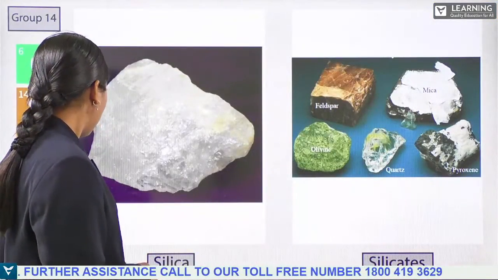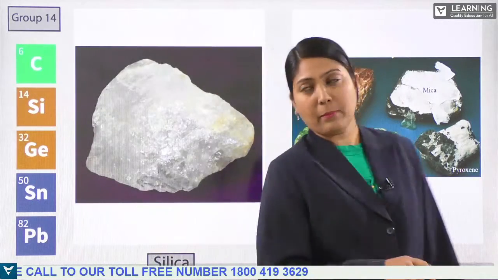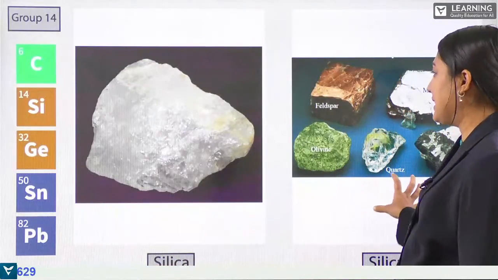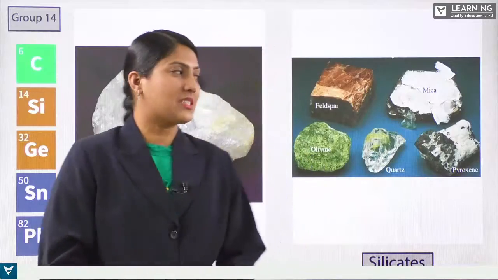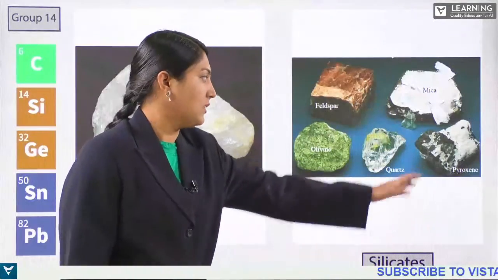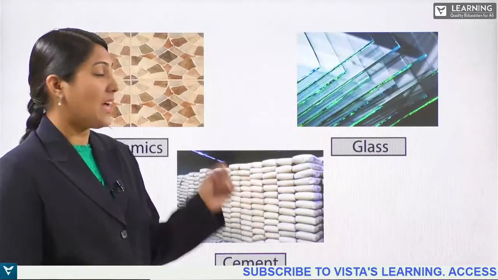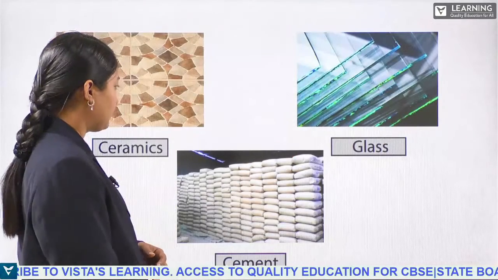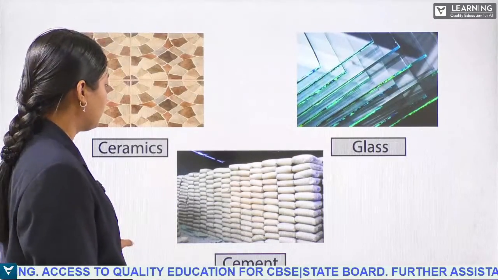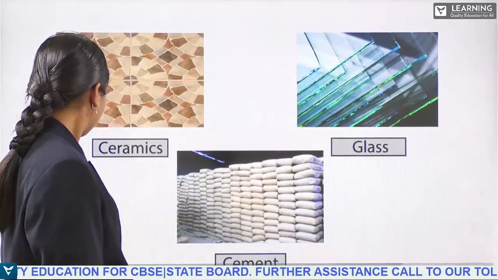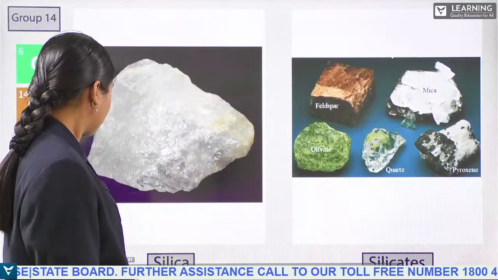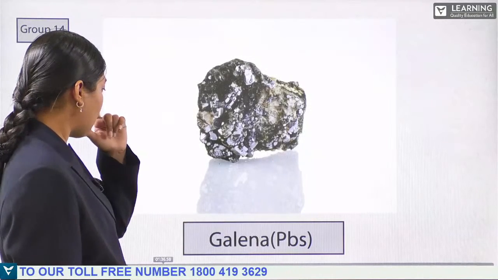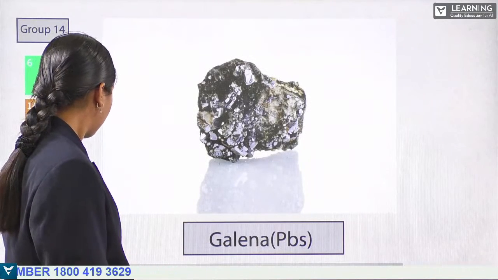So here we can go ahead with silica, the second member. Silica is also present in the combined form as silicates, where you have many ore forms of the silica. You can see mica and quartz as some of the examples. And that silica is used to form ceramics, cement and glasses too. So here, when we come back with germanium,